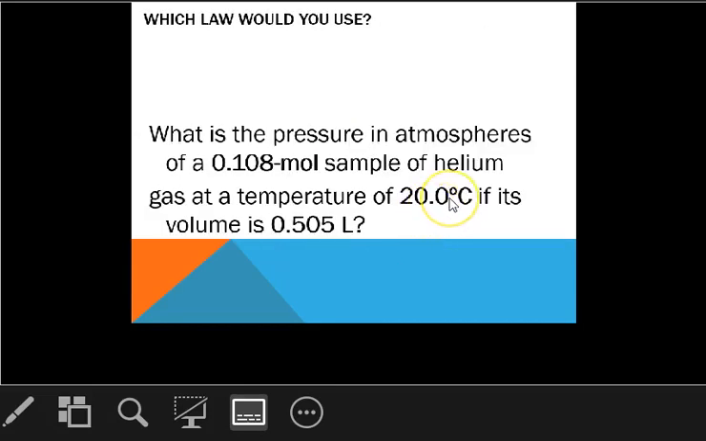What would you use to solve this problem? Hopefully you see it's an ideal gas law problem. You only have one of each of these variables. It says, what is the pressure? So I'm solving for P of a